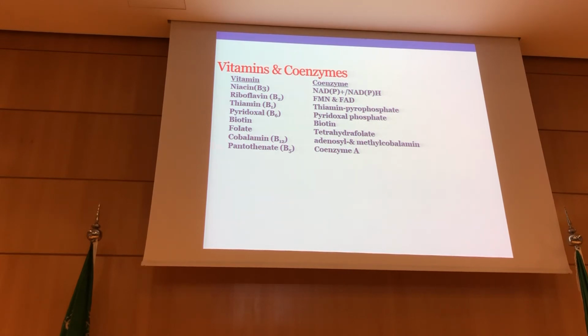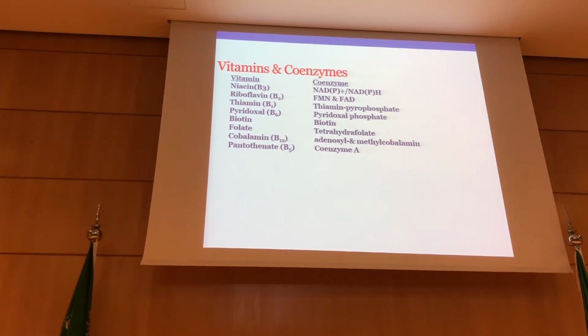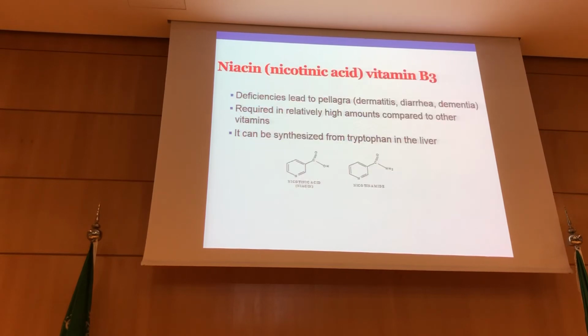So you may ask me, do we need to study all these? Actually, you have them in your reactions. So I will not ask you what is the vitamin of the coenzyme thiamine pyrophosphate, because you know it's thiamine. What's the coenzyme of nicotinamide adenine? The name is nicotinamide, which is vitamin B3. Or pyridoxal phosphate, so it's pyridoxal. So the name is already present in the coenzyme, all right? The exception is coenzyme A, which is derived from pantothenic acid.